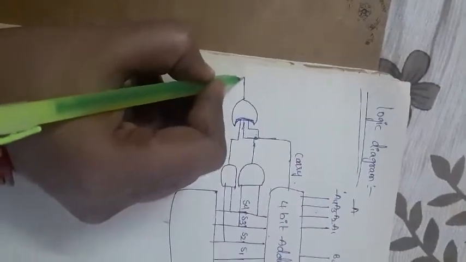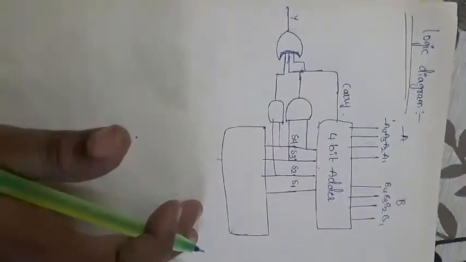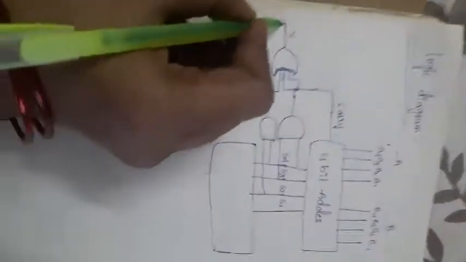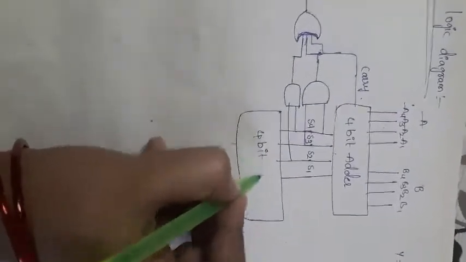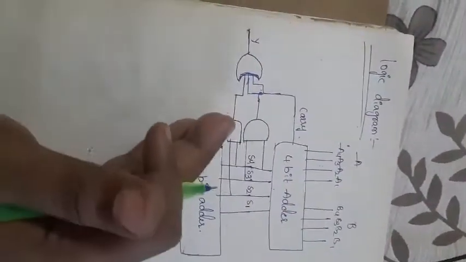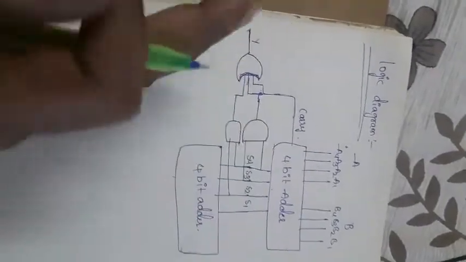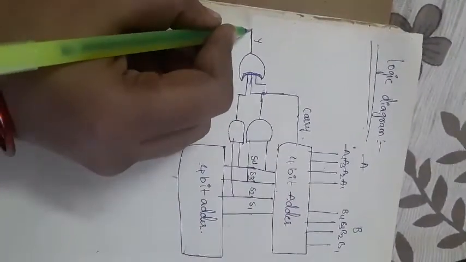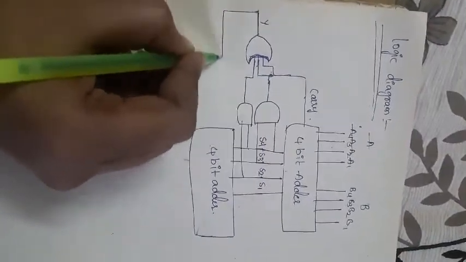How to add that 6: whatever the output logic we are having here, I am connecting that output logic to another 4-bit adder. So here I am taking another 4-bit adder. Why I am taking another 4-bit adder: if the sum is greater than 9 or a carry is generated, to correct that error we compulsorily need to add 6, right? Add 6 to this sum, right? So we need to connect that logic here like this.